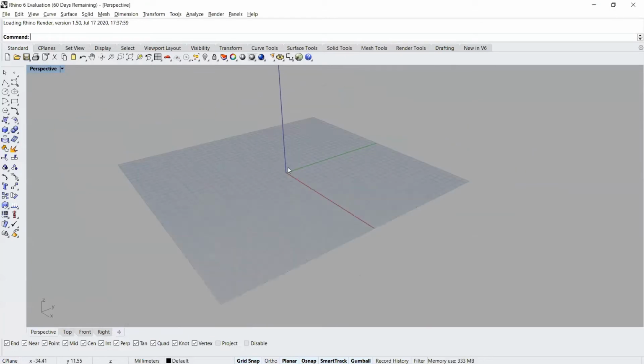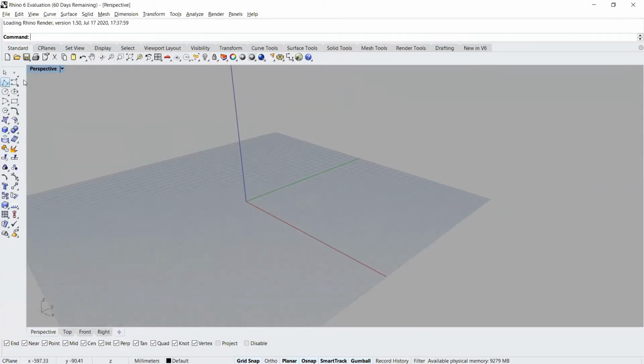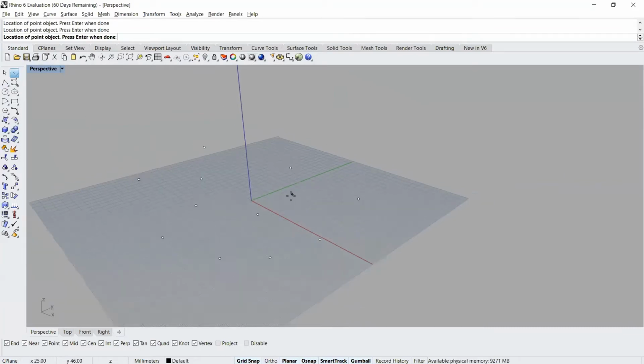Okay, so we start with making simple points. If we go to the standard toolbar component, we can make multiple points or single points. If you see there's a small little triangle below this point. If we click this, we can actually see there are two options. If we click the left mouse button, we can make a single point, and if we click the right mouse button, we can make multiple points. So let's make a point. As soon as I select that, we can make multiple points on the 3D modeling surface.